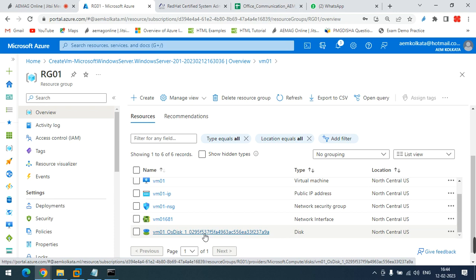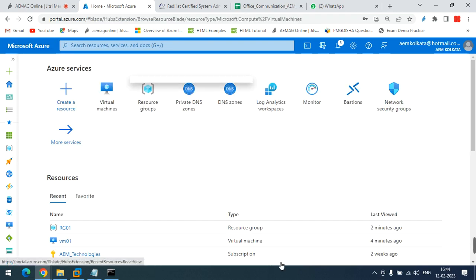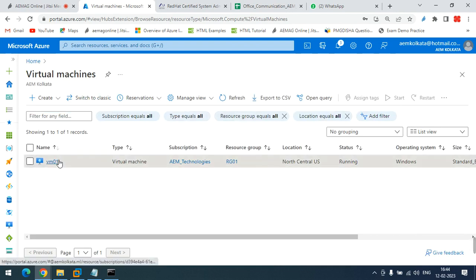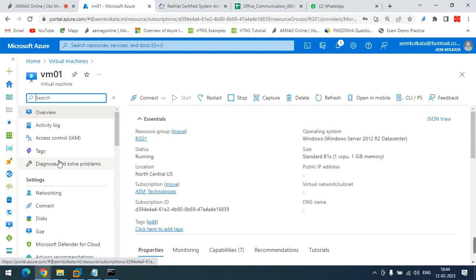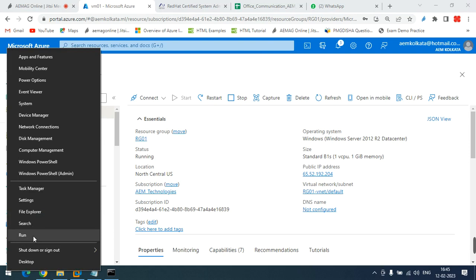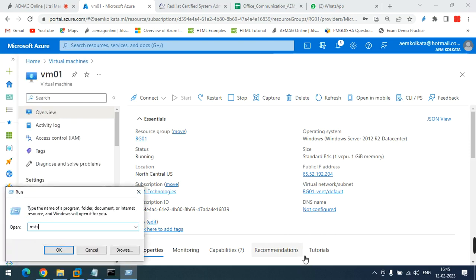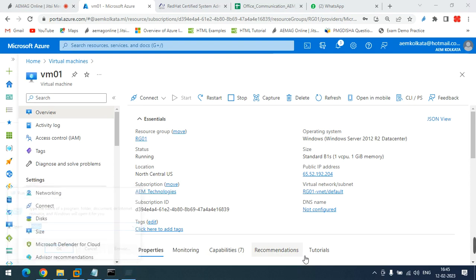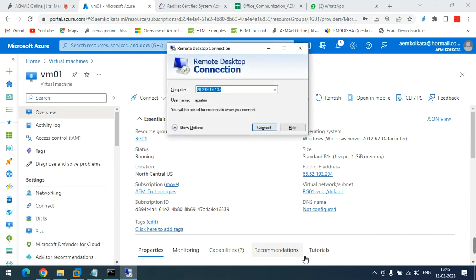If you want, you can go back to your VM, come to home, and from there VM, and then see what public IP address you have. Copy that public IP address. It will appear under the overview section of your VM. Then you can click on Run and type mstsc. Since it is a Windows machine, the remote desktop connection will open. Paste the IP address,